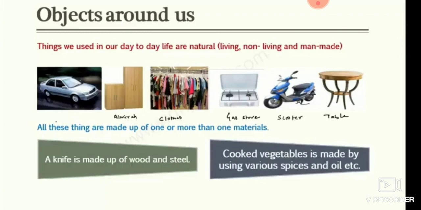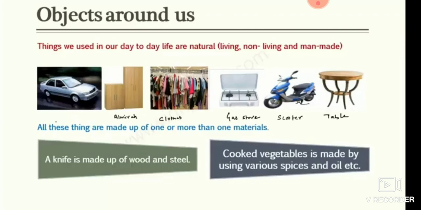In daily life, when you are walking in the surroundings, you will see a car moving on the road, a train moving, a bus moving, vehicles moving. When you go to a market, you will see a variety of shops and vehicles. When you come home, you will see a chair, a table, and a variety of things in the home. In this way, you are seeing a variety of objects in the surroundings.